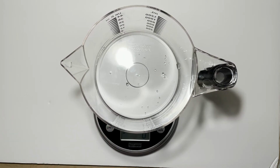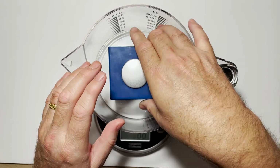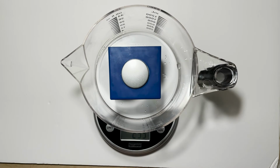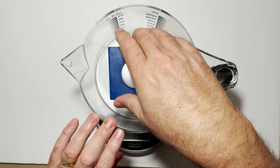And I'm going to now stick my talking cube clock in the jug in the middle. It is 253 grams. Okay, so it's 253 grams. Okay, so if I take my talking cube clock out